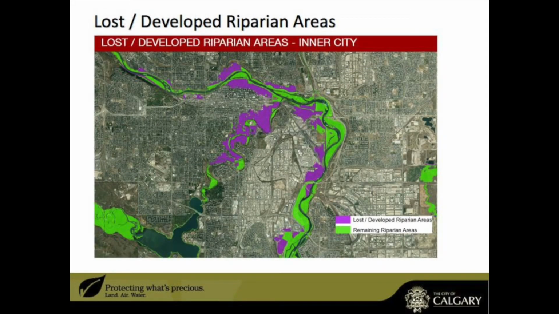And then we created some broader, simpler maps that depicted where those lost developed riparian areas are and where those remaining riparian areas are. So in purple here you see the lost riparian areas, and in green are the remaining riparian areas. So again, thinking back to how riparian areas coincide with floodplains, everything you see in purple here was on the national news in June 2013. We made this map far in advance of that, and all the areas in green were not on the national news because they're resilient, they're adapted to floods, and there's no damage.